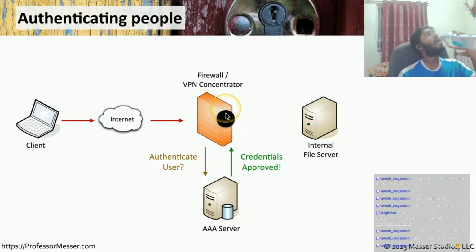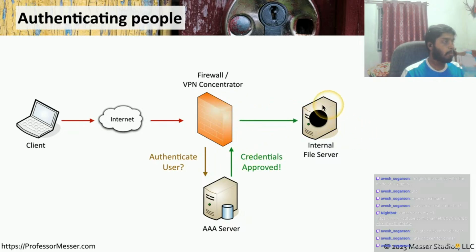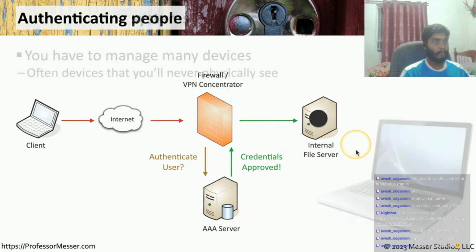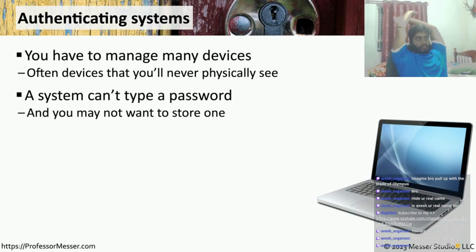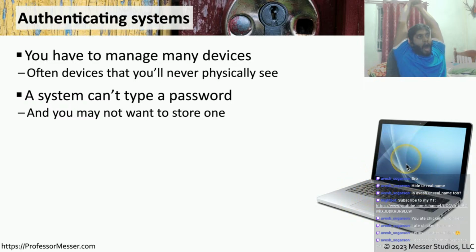concentrator knows that we really are the person we claim to be, and it allows us access into the internal file server. As a security professional, you'll be responsible for managing the security on hundreds or perhaps even thousands of separate systems. And in many cases, you'll never have physical access or even be able to see where those systems might be because they may be located anywhere in the world. So the question now becomes, how can we verify that a computer trying to connect to our network is a computer that's authorized to be on our network? This computer by itself obviously can't type a password to prove who it might be. And in most cases, you probably wouldn't want to store a password on one of your systems out in the